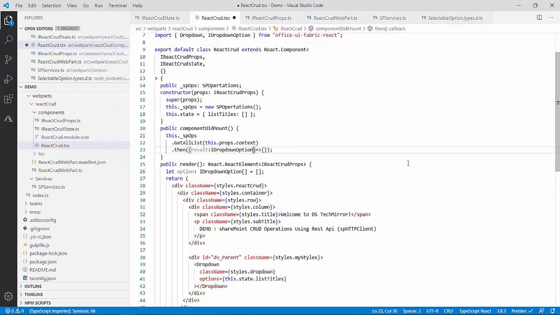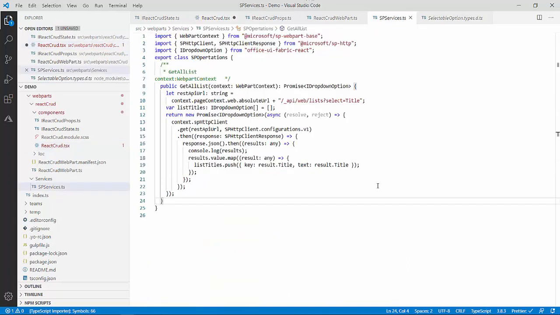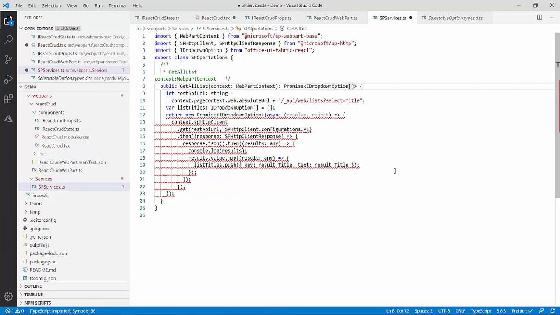Okay, without array it is working fine. So now the issue is with my item return, which I'm returning from sp dot. Over here I'm saying I will return only IDropdownOption, but I'm returning an array. So I will put this array thing over here, and then I have to change at some places because of this array. I have to change my return new promise over here, and I think that's it.